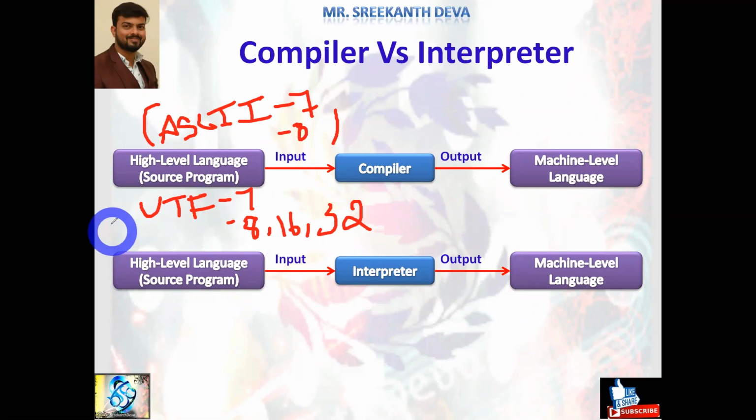This type of code we can call Unicode standards. Unicode is nothing but universal code standards. Based on the particular programming language, we write the instructions in the source code, but the minimum is the English language. We generally write in the English language. That type of code is called source code.